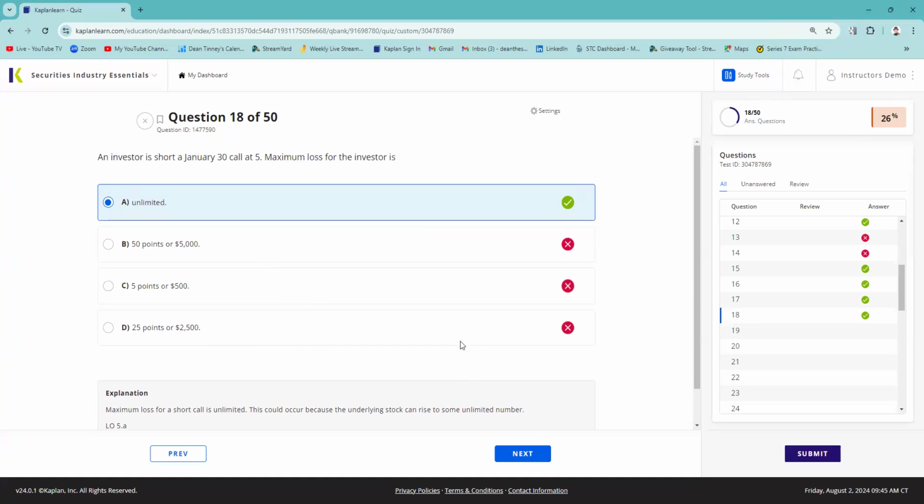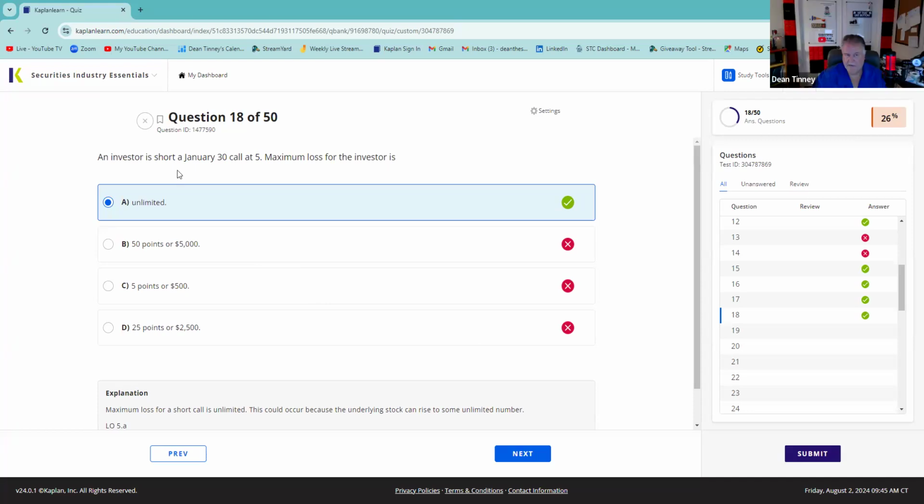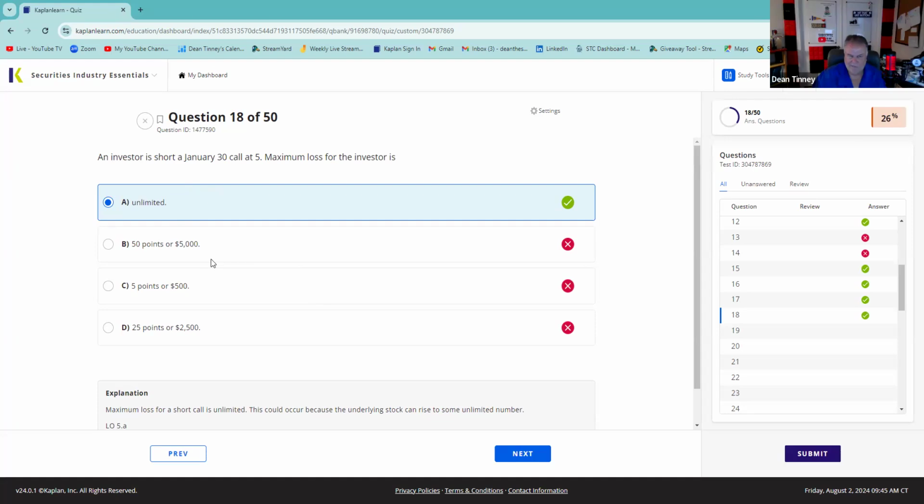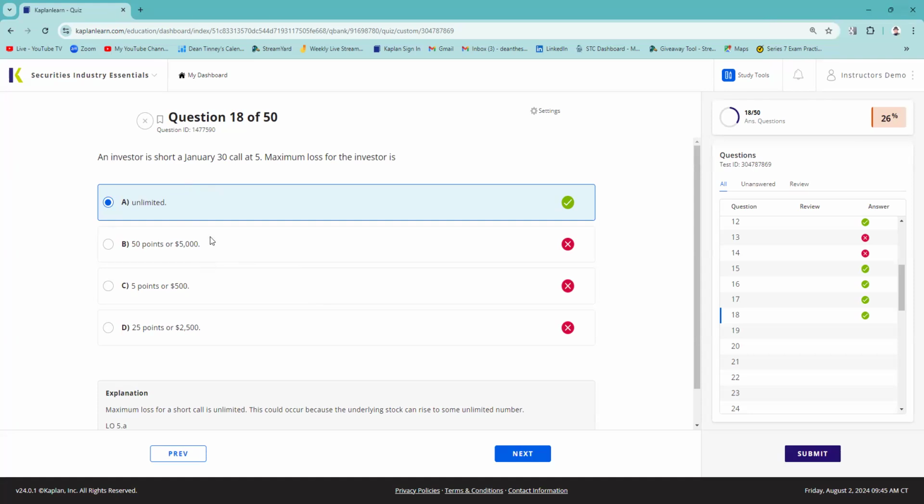Got it. My mantra in social media is I always say, don't be a dumb bear. If you're going to be a bear, be a smart bear. And this is a dumb bear because if you're absolutely correct, you make $500. I mean, listen, I don't know about your lifestyle, Allison, but I don't even think $500 is worth it. If you're going to be stupid, at least get some decent money.